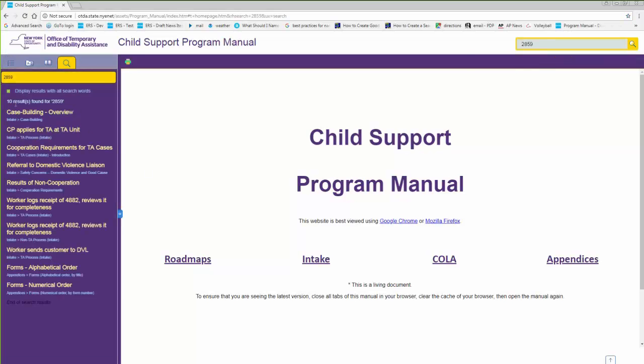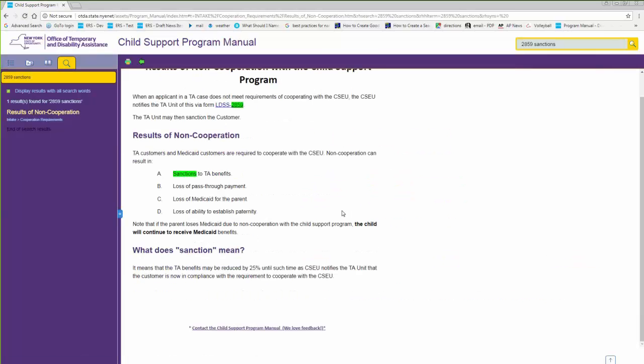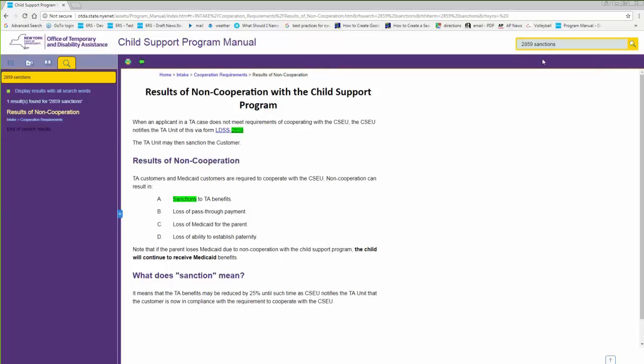And what we get here is 10 hits for form 2859. But if I put in 2859 and sanctions, for example, I get only one hit, which is a much more useful search. And what you'll see here with the searches is that the search terms themselves are highlighted in green when you get the search results.